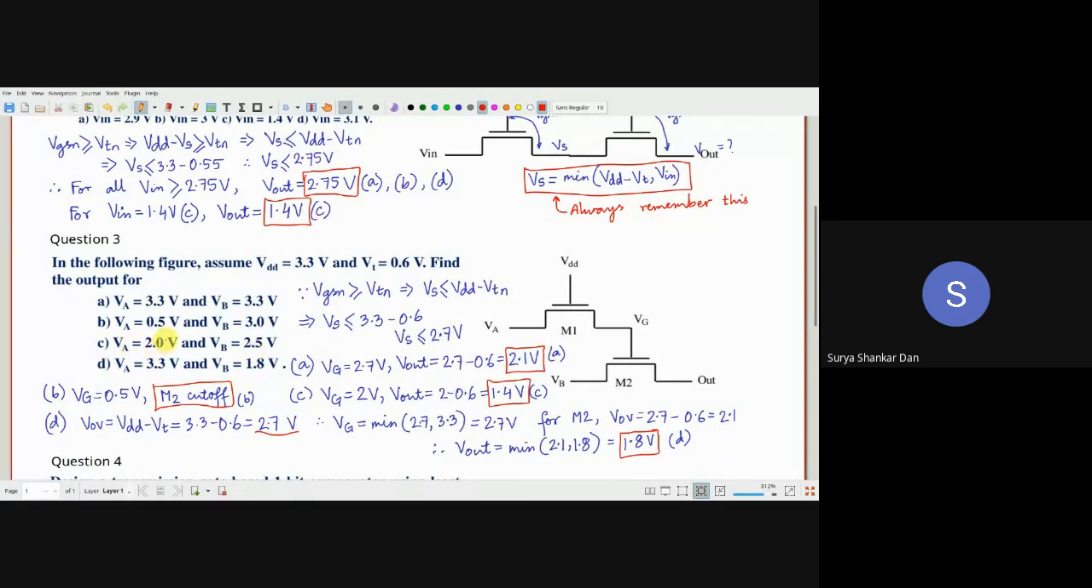ये conceptions clear करो. Okay, C is मतलब इतना कुछ लिखे हैं बट कोई जरूरत ही नहीं है. These are like I don't know 0.5 marks question. Okay, VA is 2. Okay, VDD कितना है? 3.3. VOV कितना होगा? VOV1 let us say for transistor 1. VOV1 will be 3.3 minus 0.6, यानी कि